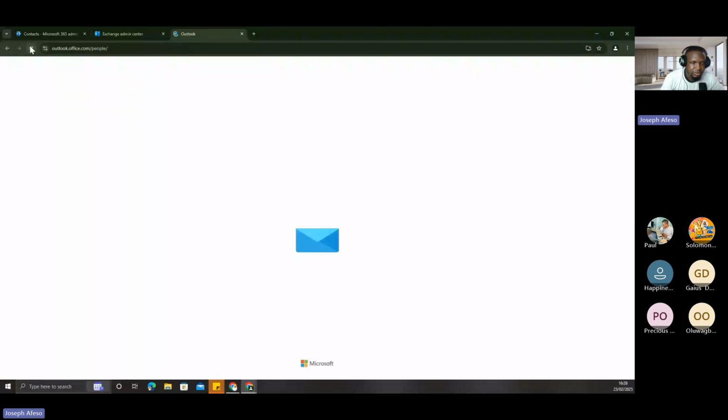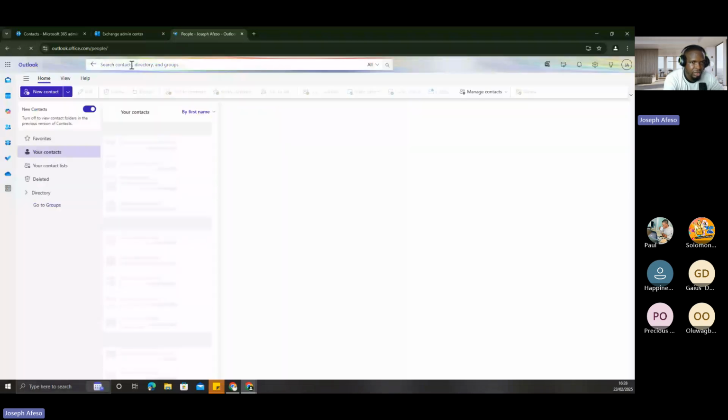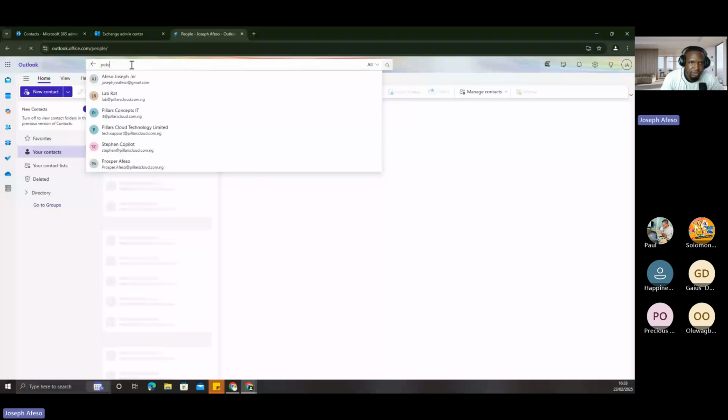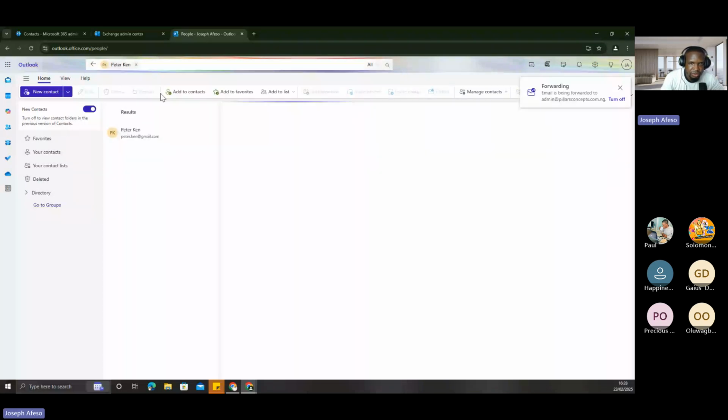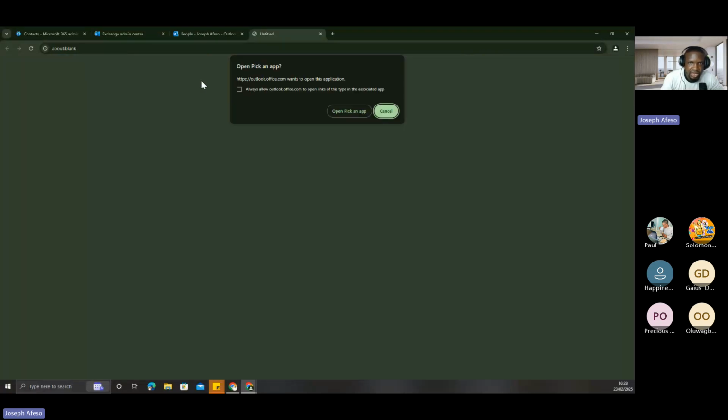I'll also be able to see Peter Ken, because the detail that we provided was that he is the AC technician. So Peter, if I check here under Peter or search with Peter's name, I will also see that he's the AC technician as his job title, and then his company is this, and so on. This is a mobile number. This is the office phone number. So that's how beautiful it can be for you to have